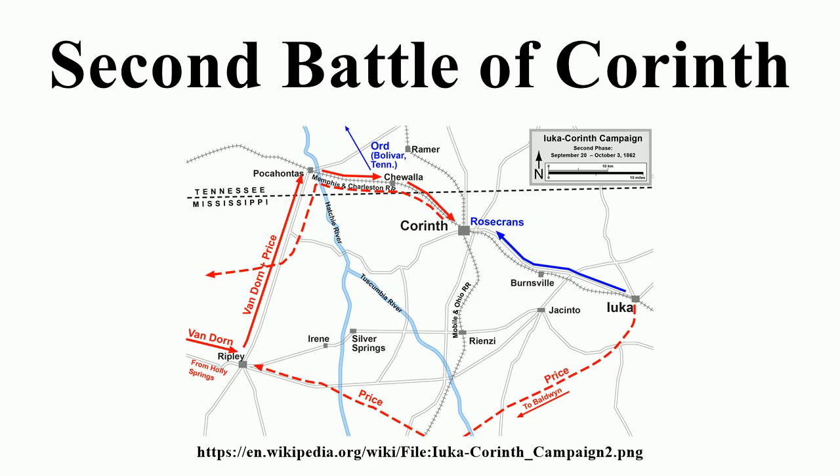The combined force, under the command of the senior Van Dorn, moved in the direction of Corinth, a critical rail junction in northern Mississippi, hoping to disrupt Union lines of communications and then sweep into Middle Tennessee. The fighting began on October 3 as the Confederates pushed the Federal Army from the rifle pits originally constructed by the Confederates for the Siege of Corinth.